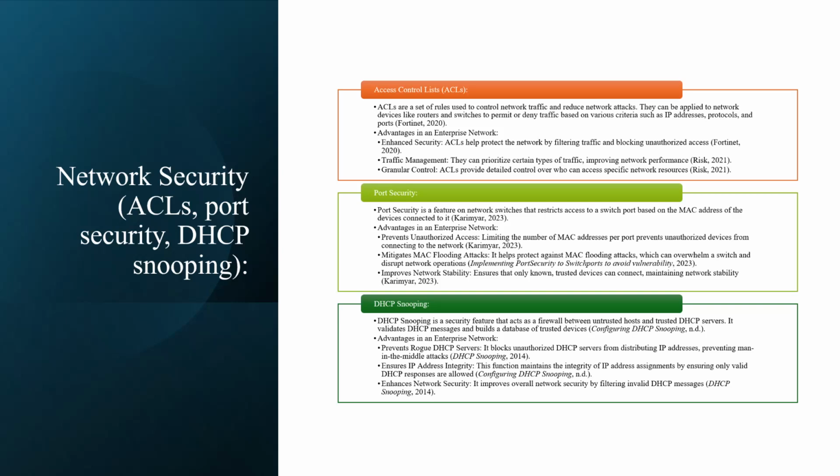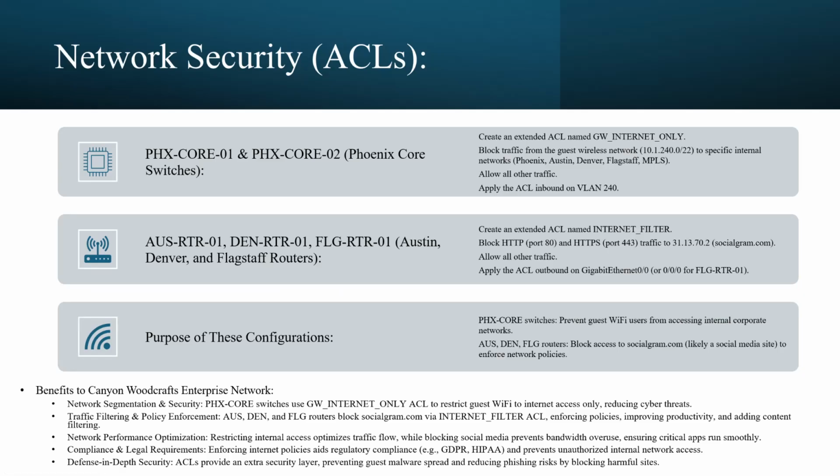First, what are ACLs, access control lists? They enhance network security by filtering traffic based on IP address, protocols, and ports, preventing unauthorized access. Port security restricts switch port access based on MAC address, preventing unauthorized devices from connecting. And DHCP snooping acts as a firewall between untrusted hosts and DHCP servers, preventing rogue DHCP servers from distributing unauthorized IP addresses. And those implementations on the network,